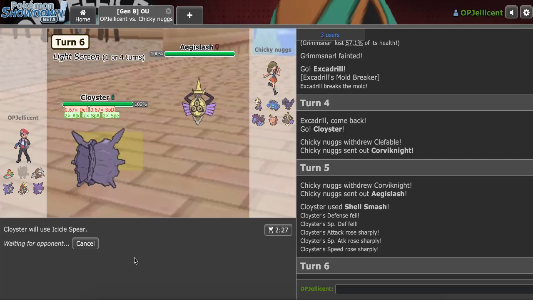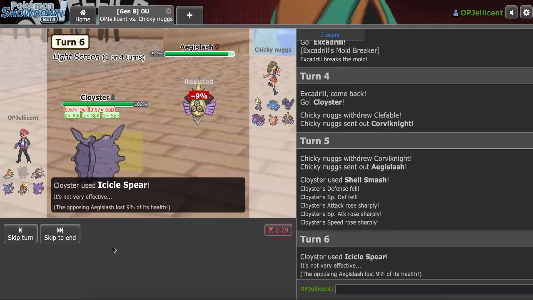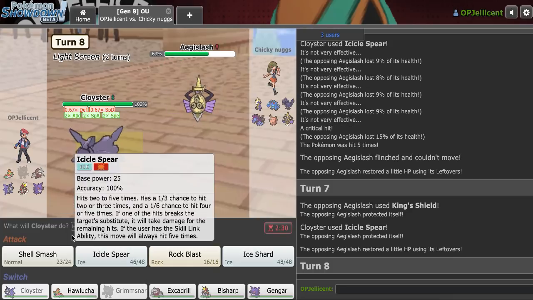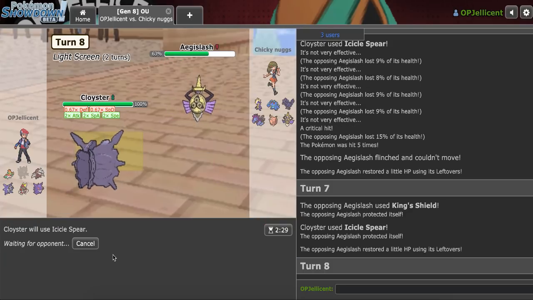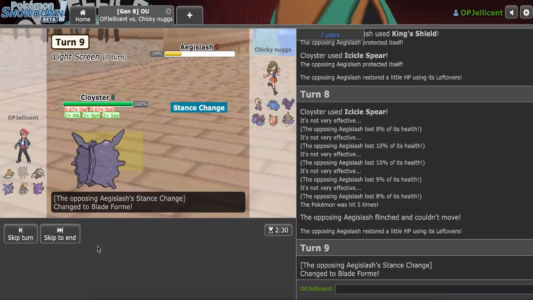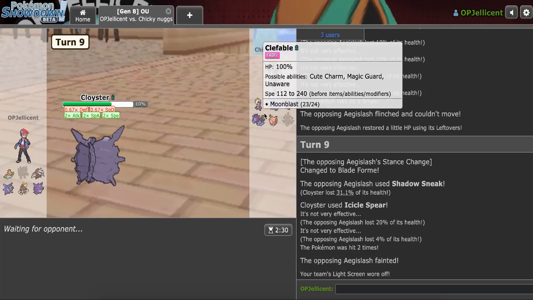I mean, I'm gonna go for Icicle Spear, obviously. Oh, I have a chance to flinch you here, dude, and I did get the King's Rock flinch. Could I get it again? That would be kind of funny. I mean, it looks like those King's Shields aren't even gonna matter. And I did get the flinch again, so that's really lucky. He's just gonna take the Shadow Sneak damage, but...